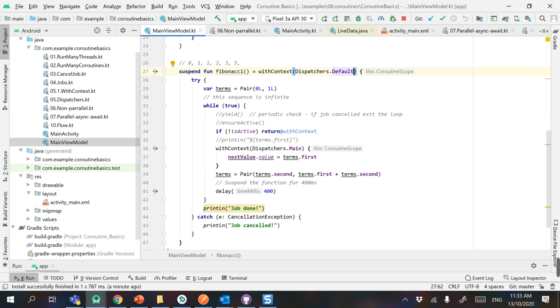So take a look at this power of suspend functions. I can choose which thread to run this on. I want to run this work forever in the default thread, which is used for CPU intensive tasks. But whenever I generate a new value, this is, by the way, Fibonacci sequence, which